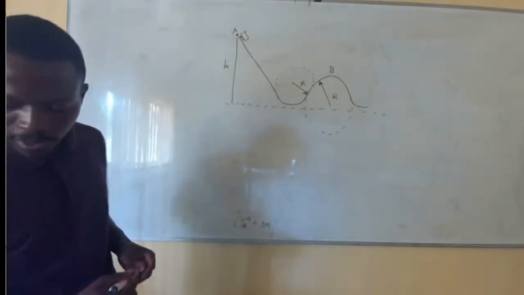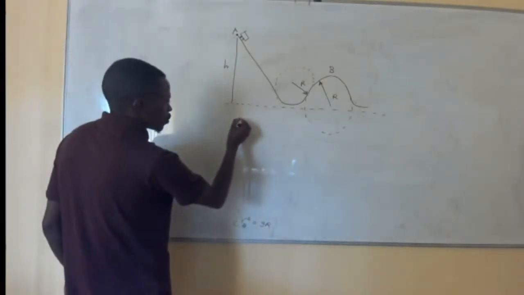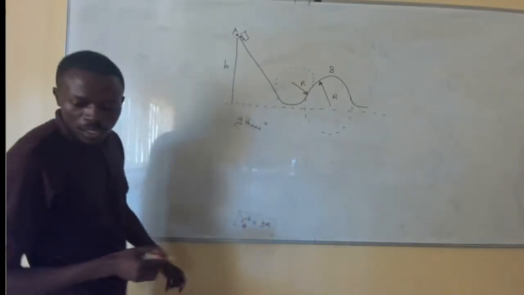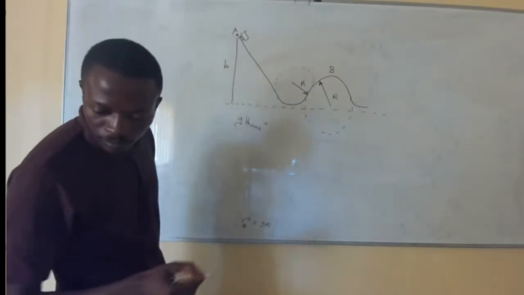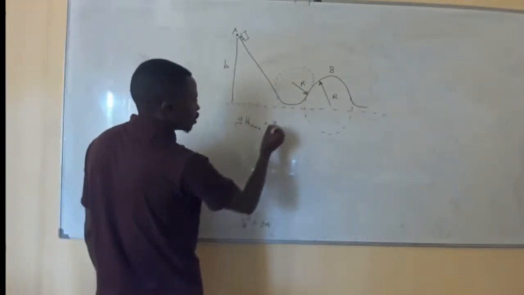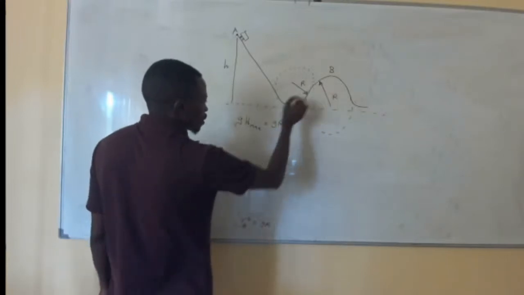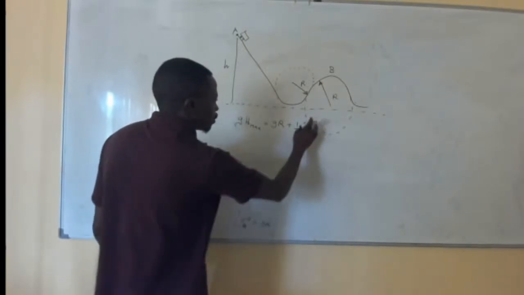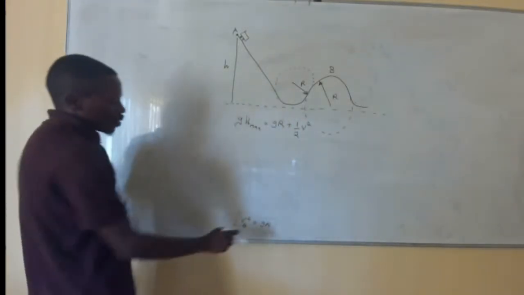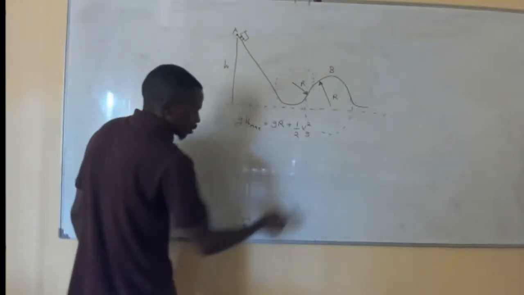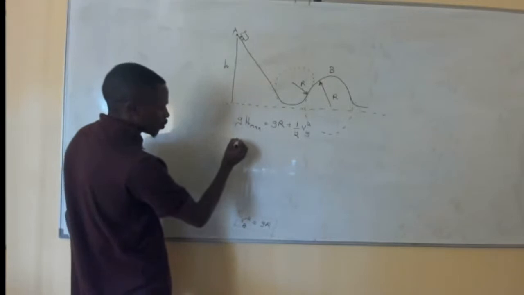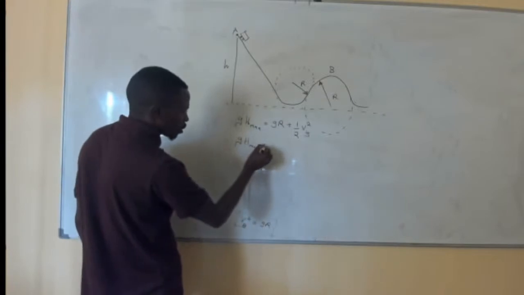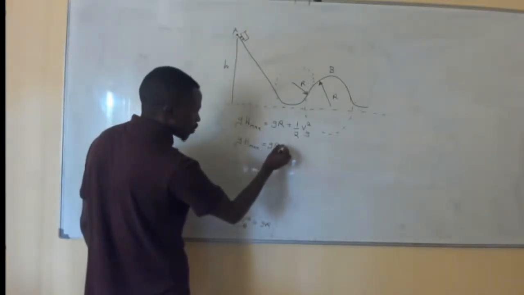That equation was given by g h max is equal to g r, remember r is the height in the second equation, plus half v squared. v squared was determined to be equal to g r, so replacing that in that equation, I'll have g h max is equal to g r plus half